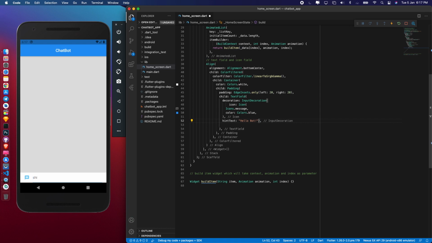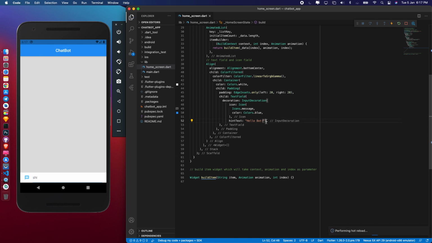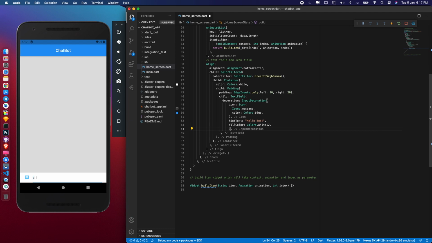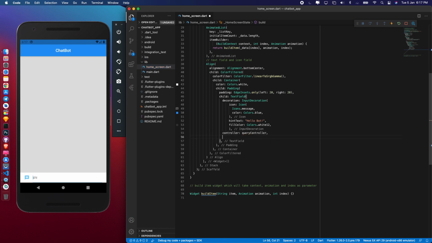And after that we can also do fill color, Colors.white12. Okay, we will be filling that color in this text field, and also setting up the controller as query controller. So we got our text field and message icon done.